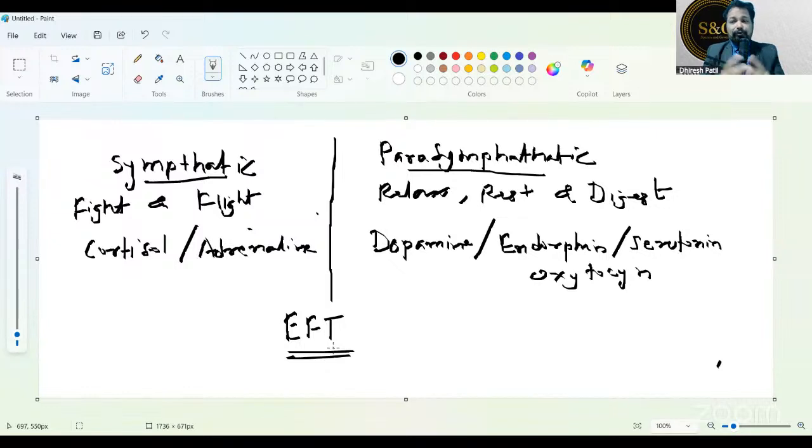This is a powerful technique because whatever tapping we are doing, we are tapping on meridian points. Meridian points are where the energy which the Chinese and Japanese call chi flows. In our Vedic tradition, it's called prana. That pranic energy flows through these meridian points, and we are tapping those very powerful points, which can